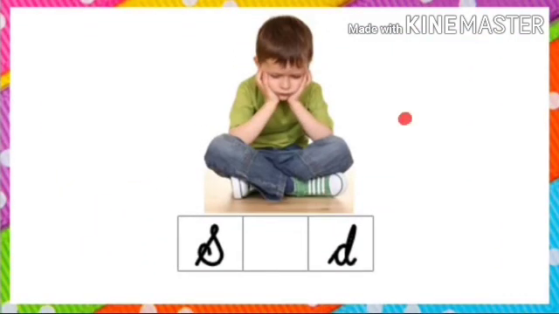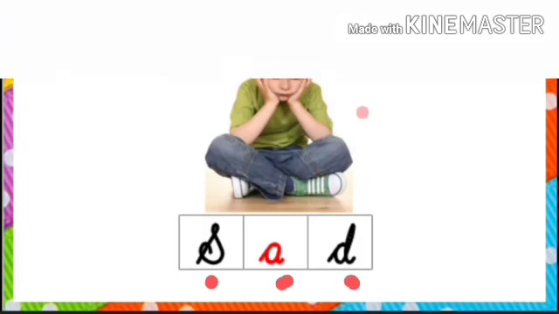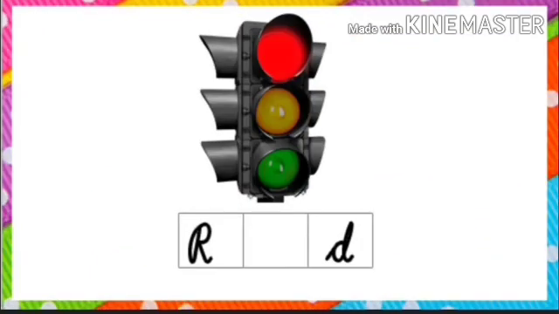Let's try one more picture. Tell me which picture is this? It's a picture of sad. See, boy is sad, crying. Okay, sound of the word S, A, D, sad. So, when the beginning sound is S, letter is S. Ending sound is D, letter is D. What about the middle sound? Which vowel sound is missing? A sound is missing. So, fill the correct vowel and make the word complete. S, A, D, sad.